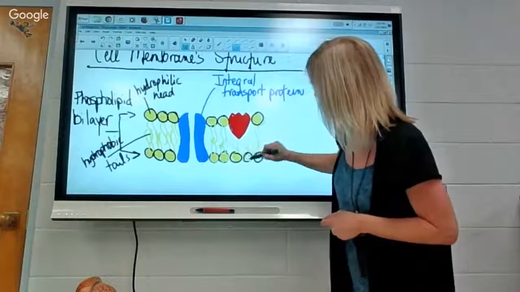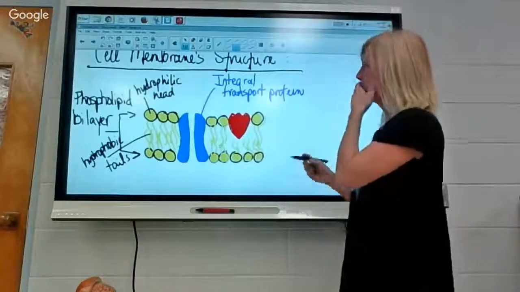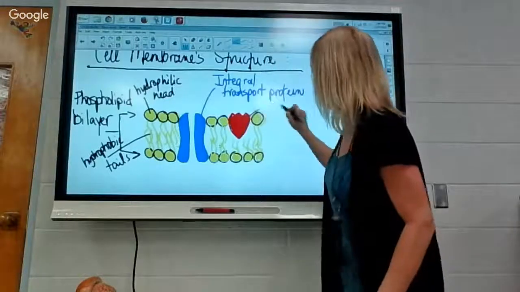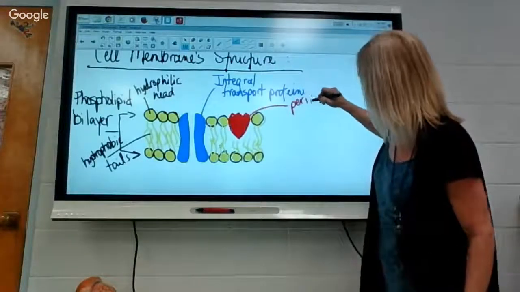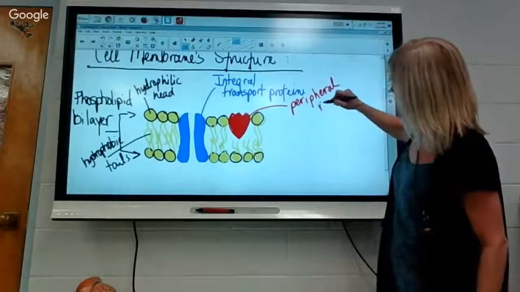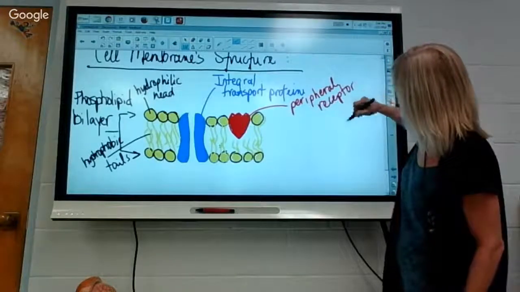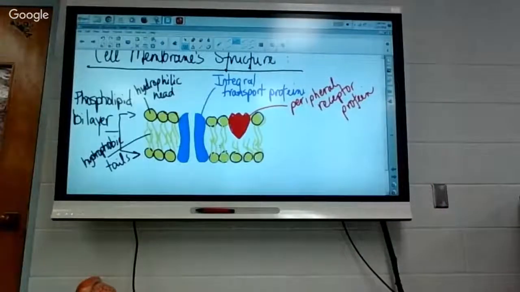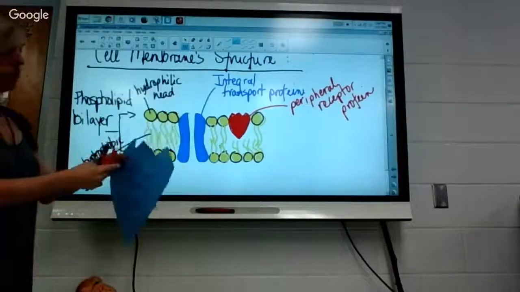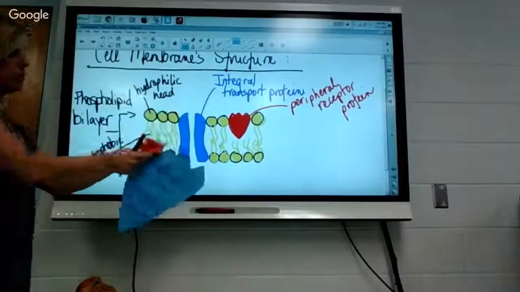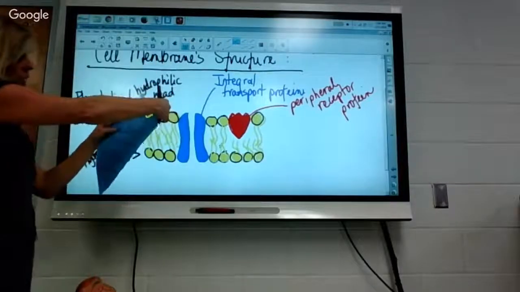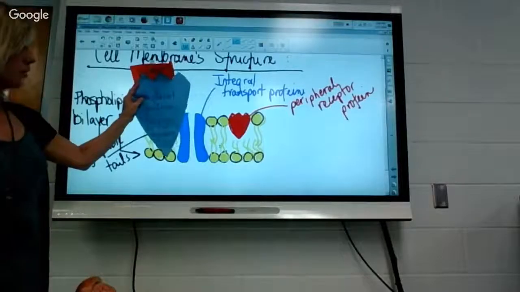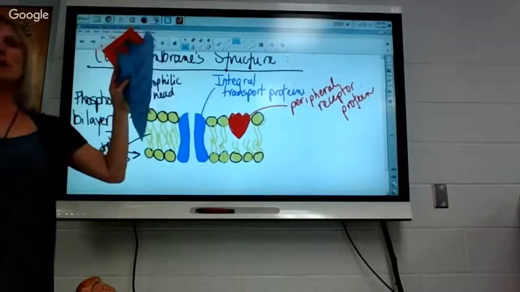Color those in. Okay, so this protein is actually a peripheral protein, but it's called a receptor. I'll move out of the way. See my little papers. So here it is. So it's kind of stuck in there. And this shape is going to be unique to whatever it binds to. Okay? So if this is, let's say, one of your muscle cells or a stomach cell or a heart cell